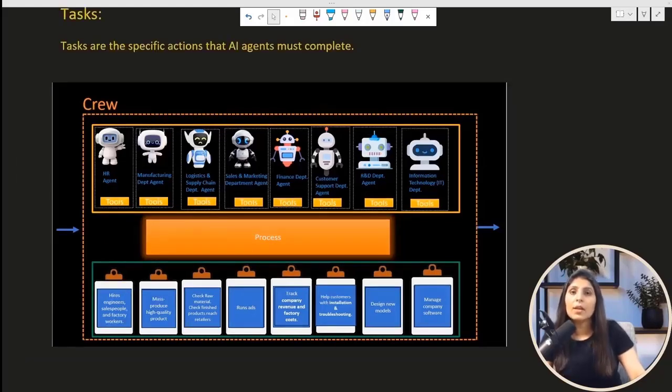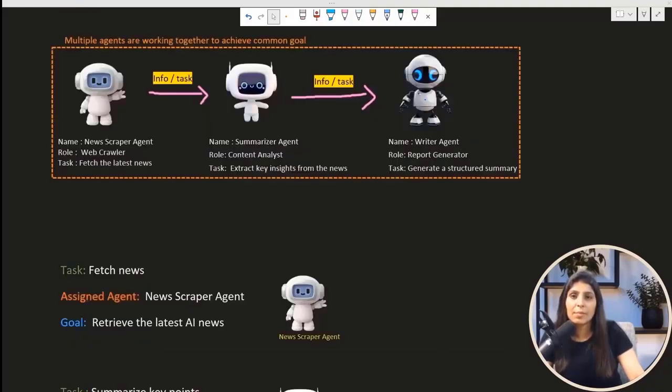In CrewAI, a task is a job that agents need to complete. You can think of a task as a job assignment given to an employee in a company. Let's understand this with an example. We will take the same example which we used earlier, the news summarization example. See here, the first task is fetch news.